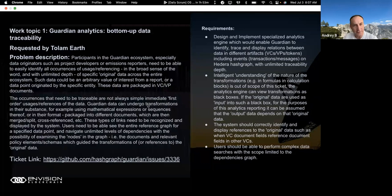I'll try to spend less than a minute on each one of them, so I'll summarize it in my own words. Obviously, all of these are recorded in tickets, and at the bottom of each of these slides you can see a ticket link. Please feel free to follow up on any that particularly interest you and provide your feedback. I don't know if we'll have time at this meeting, but you can always do that in Slack. We're always very happy to receive feedback from the community. So if you've got an opinion or suggestion, do that at your convenience in Slack